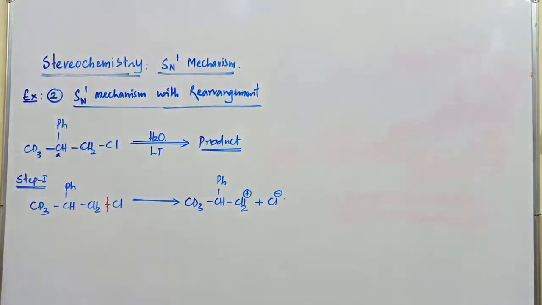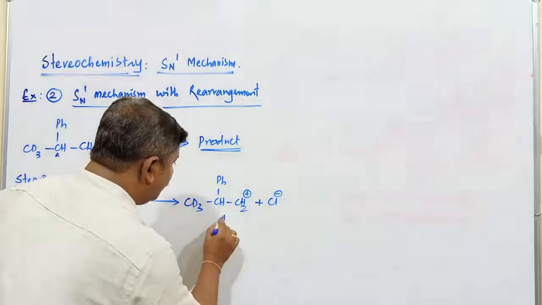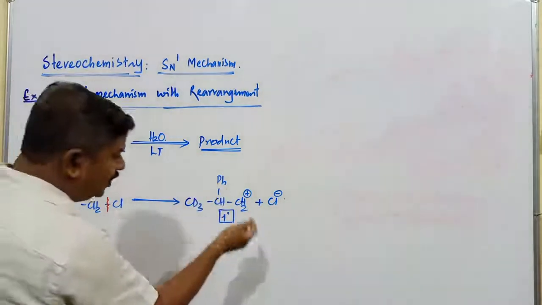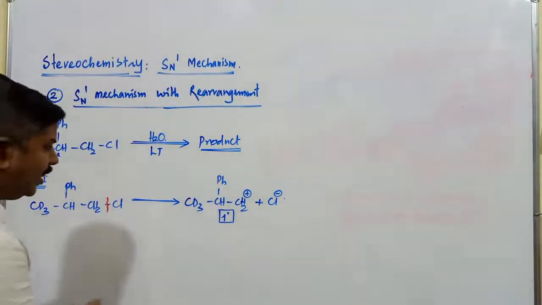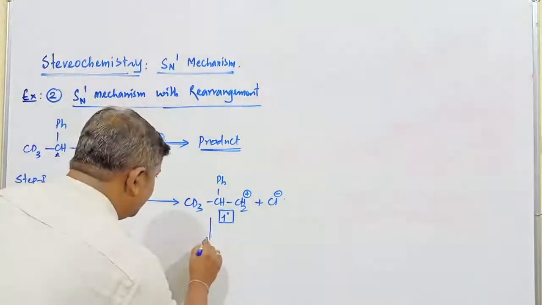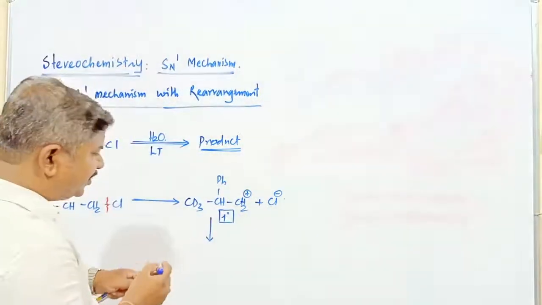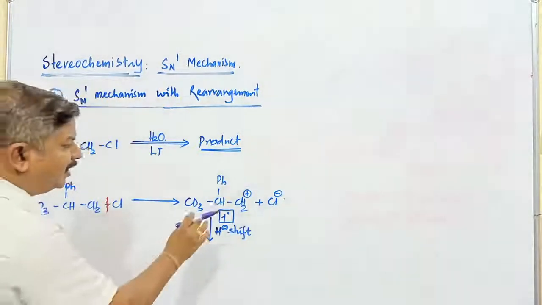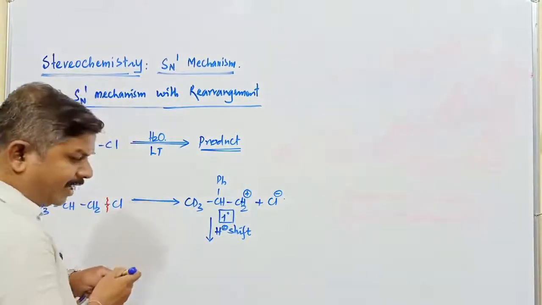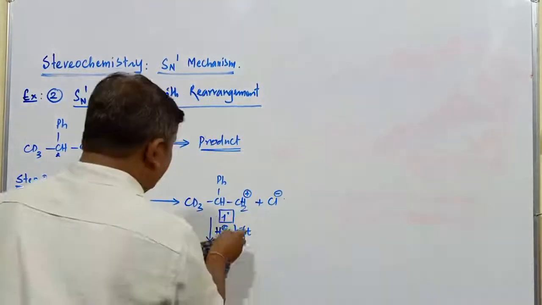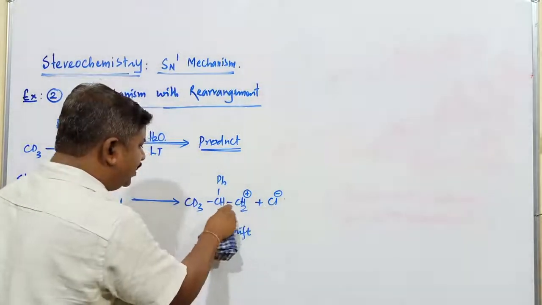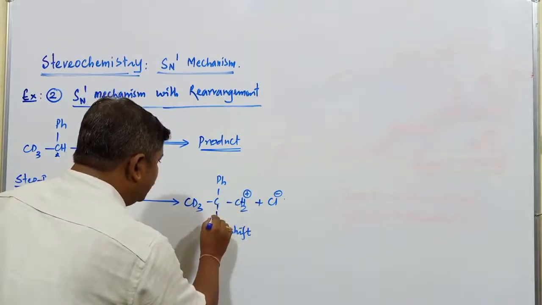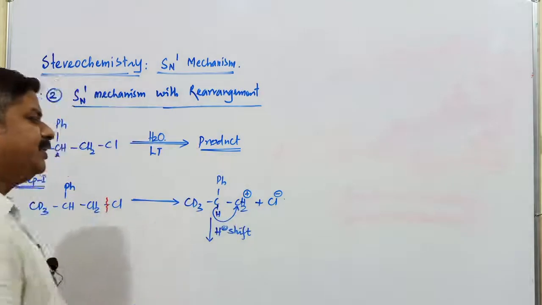It is the carbocation. What type of carbocation is it? Primary carbocation. Now there is a possibility of conversion of primary carbocation into tertiary carbocation. How does that primary carbocation convert into tertiary carbocation? Just observe, this primary into tertiary takes place by hydride shift, H minus shift. This hydrogen which is present on the carbon atom is shifting from this carbon atom to the carbon atom carrying positive charge. Now this hydrogen is shifted over this particular carbon atom.